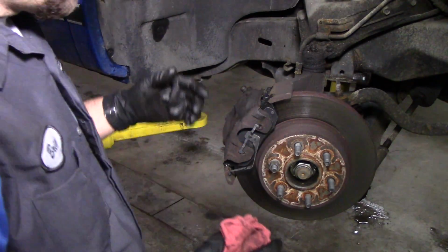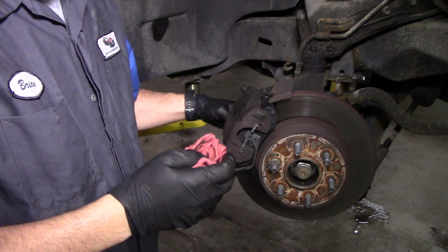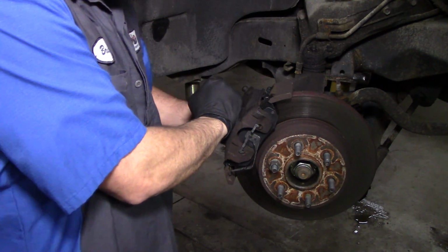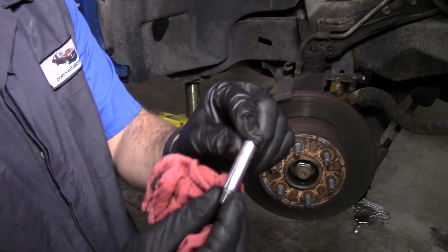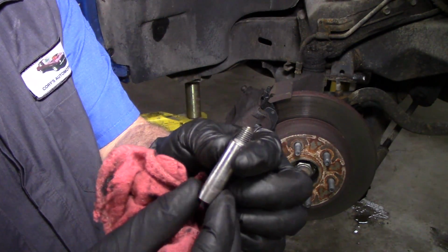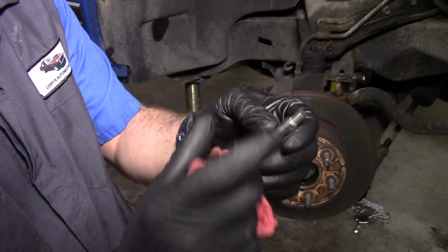So on the back of the caliper, those first bolts that we took out at the very beginning of the video, you need to make sure that those are lubed up really, really well. So let me see if I can get one out of here. On this truck, these are what they look like. This is what the calipers actually slide back and forth on,